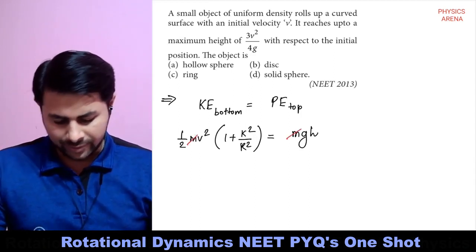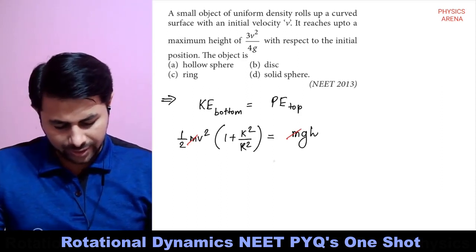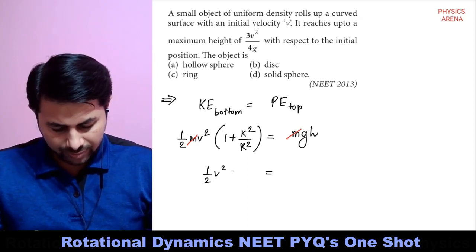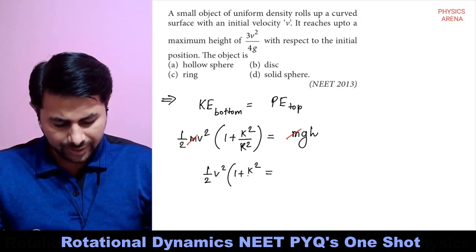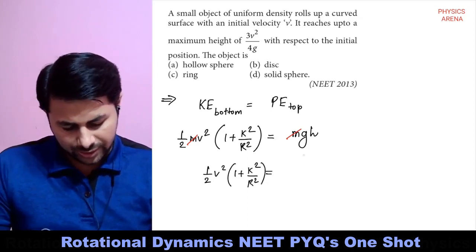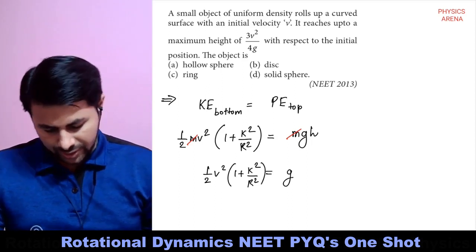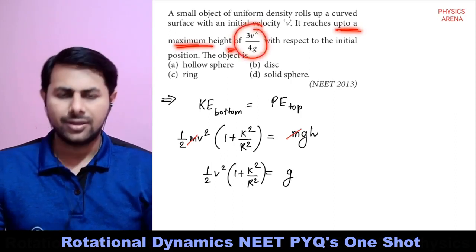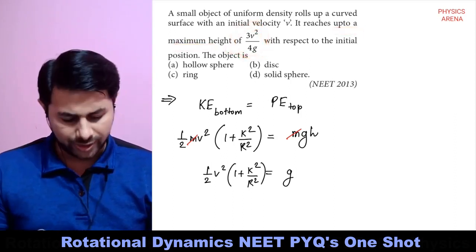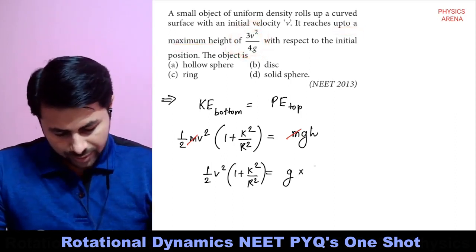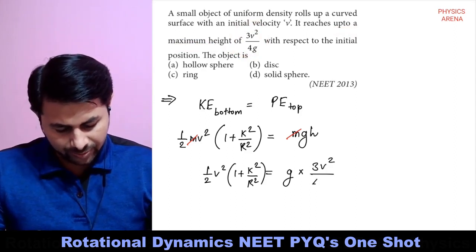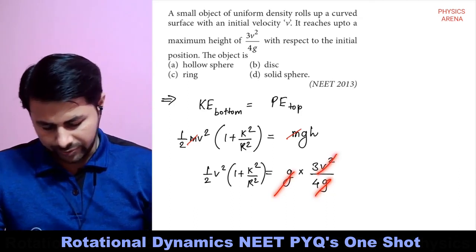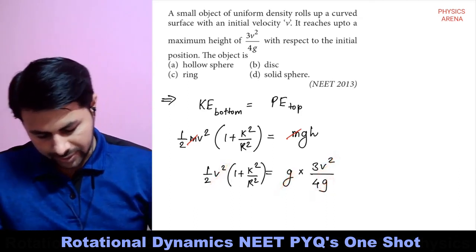So m and m get cancelled. Then it is half of v square multiplied by 1 plus k square by r square. So this is equal to g multiplied by h, and they have given that it reaches a maximum height of 3v square divided by 4g. So we can substitute that, multiplied by 3v square upon 4g. So g and g get cancelled, v square and v square get cancelled out,